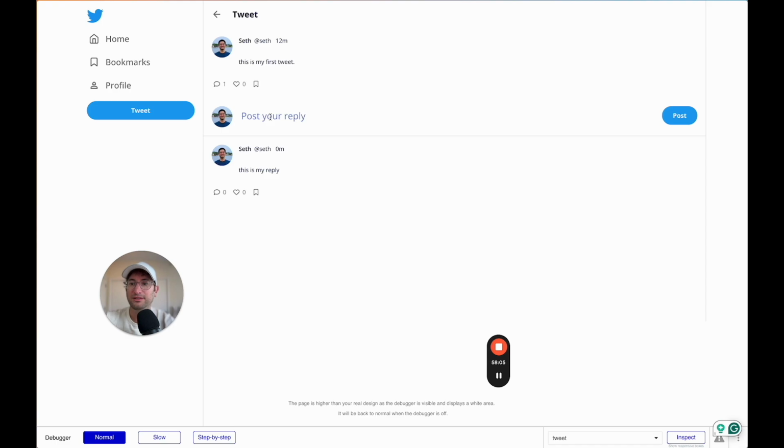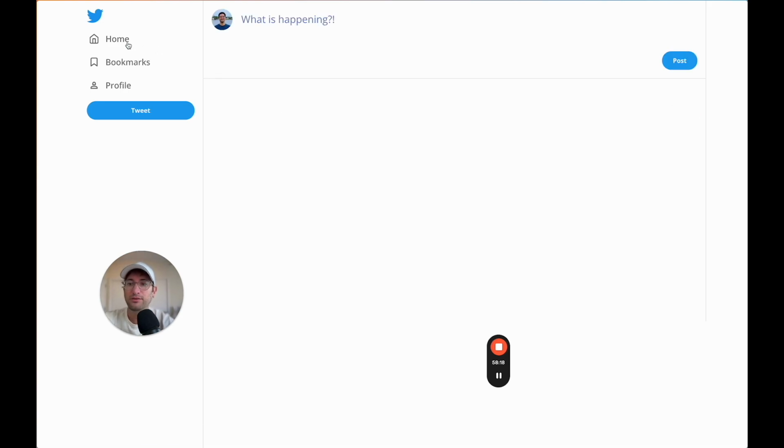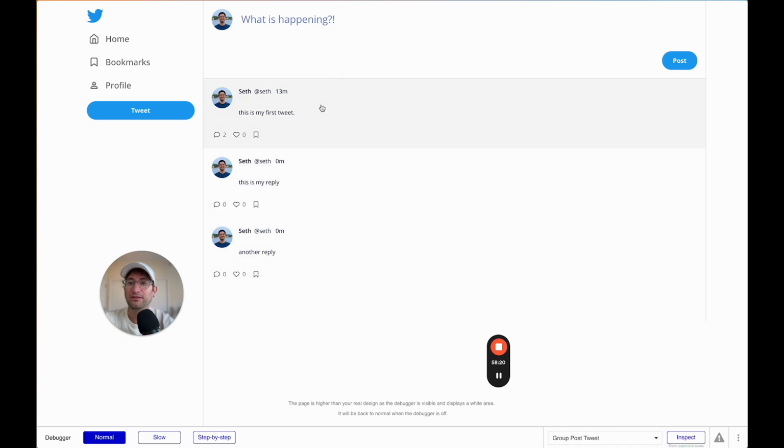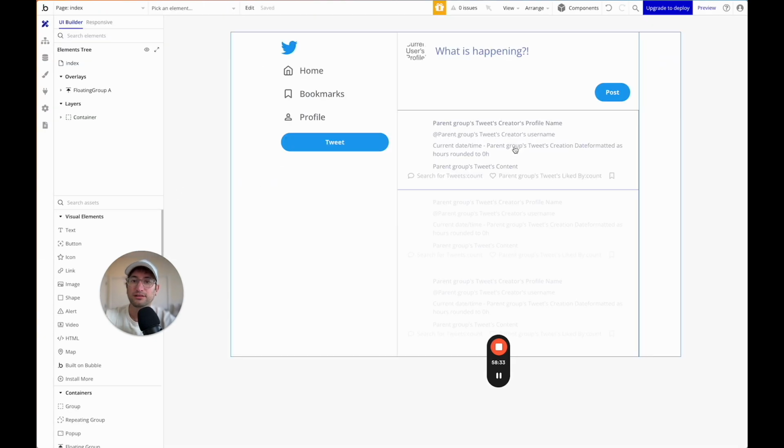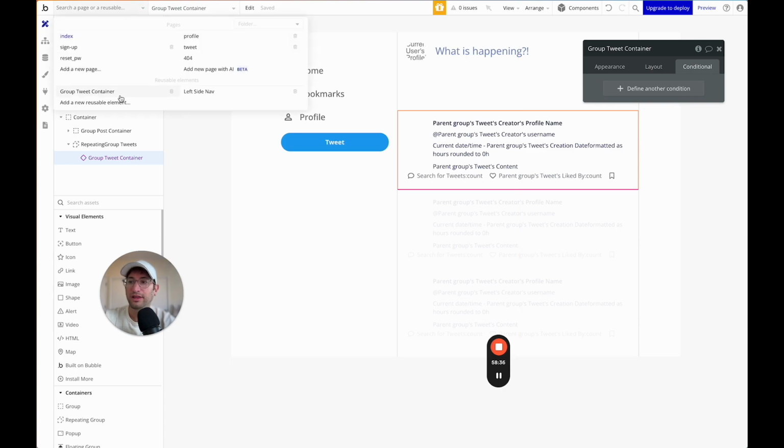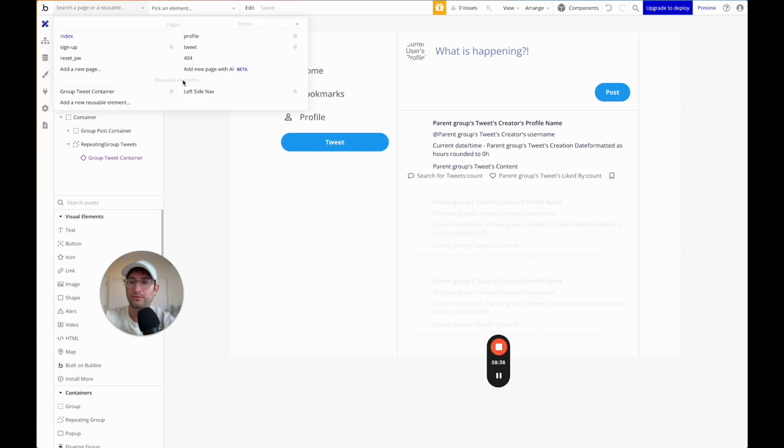I do want to see what happens. Another reply. What happens here? Okay, so we need a little line in between these. So to do that, and let's see, is that on the home page as well? I see. So we don't have lines in between the tweets. Okay. So to do that, we just have to go back, and we can go to that reusable element, the group tweet container,